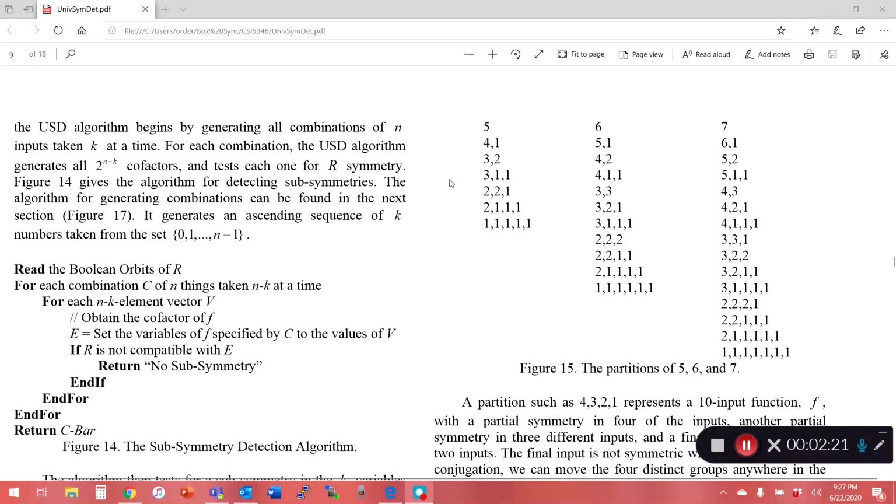What we do is we start with 5, for example. We'll start with an array of 5 elements. The first element will have 5 in it. The next 4 elements of the array will contain zeros. And I go through the array in reverse order, looking for a non-zero element. When I find a non-zero element, I subtract 1 from it and place a 1 in the empty spot. In the case of 4, 1,